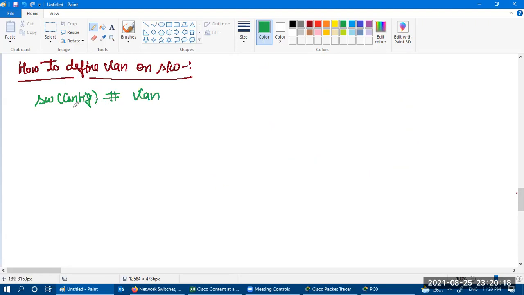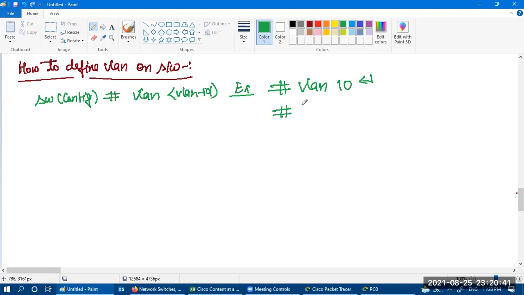The keyword is VLAN. After VLAN, you have to mention the VLAN ID. For example, you say VLAN 10. That means you want to create VLAN 10 on your switch. Then you press enter.